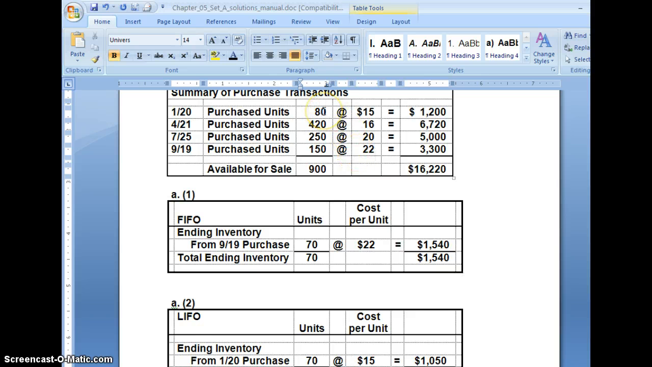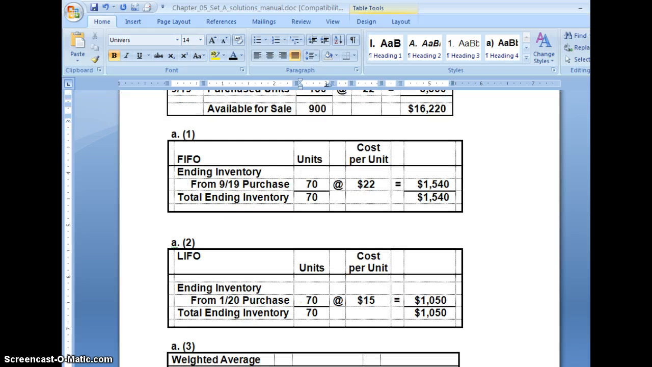Excuse me, you only took 10 out of the 80 units. So that means you're left with 70 units in ending inventory at $15 a unit, giving an ending inventory balance of $1,050. So again, we know that